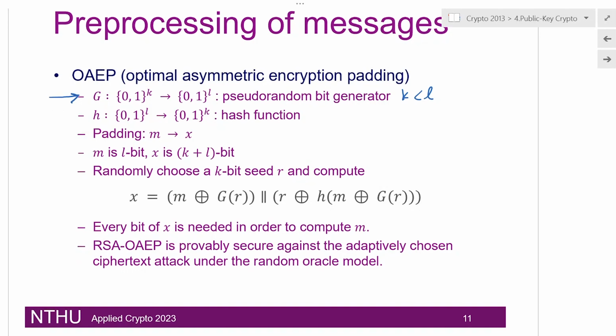We also have a hash function that gets l bits as input and shrinks them to k bits, right? So it does the opposite. But the hash function, remember, is not a pseudo-random number generator. It happened that, for this example, the sizes of their domain and their range are the opposite of each other. There are two different objects with two different purposes.